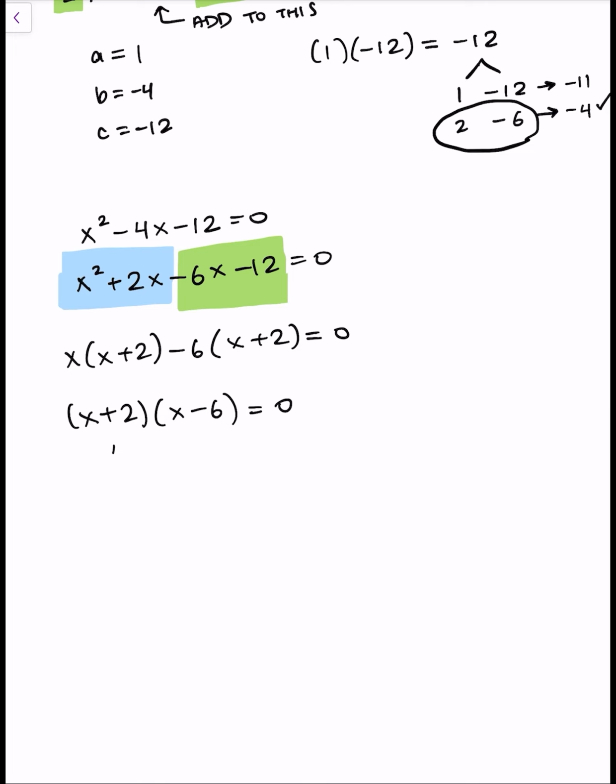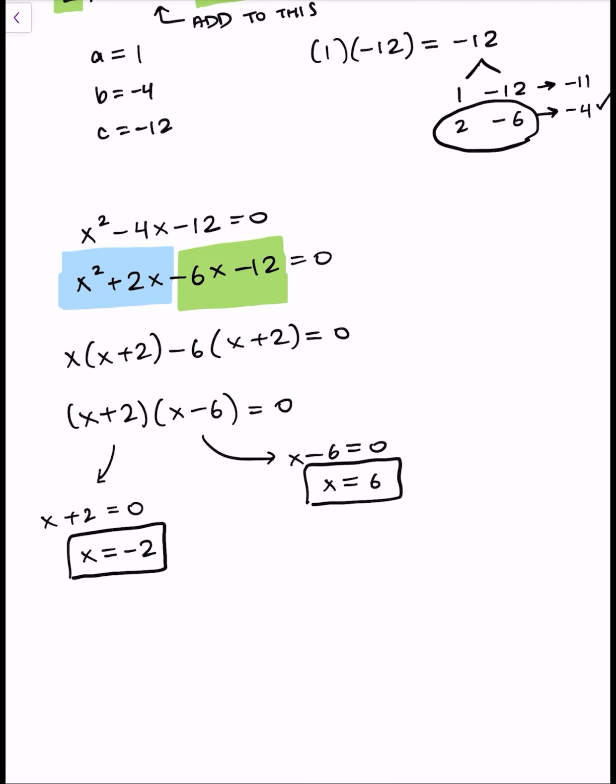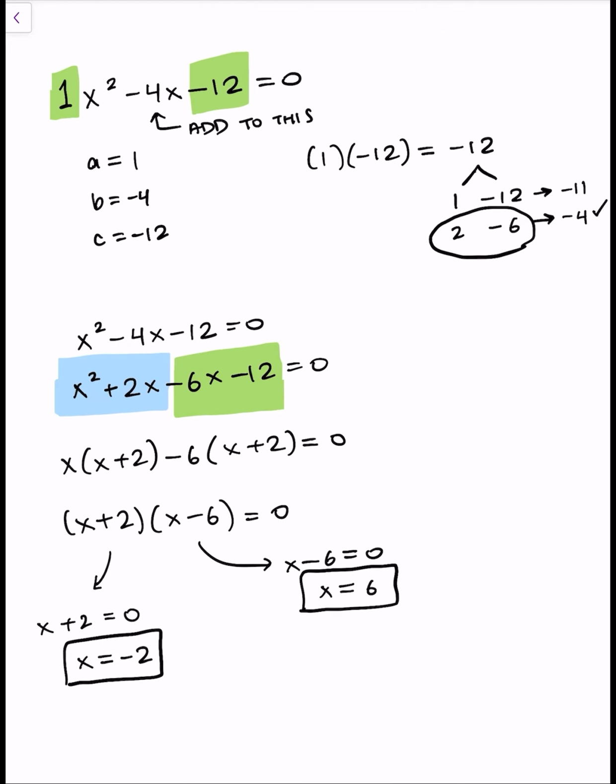And then just like before, we can set this factor equal to 0 as well as this one and solve for x. So this first one is x equals -2. The next one is x equals 6. So those are our solutions. Notice how up here, those are found right here and right here. So I'm going to show you a shortcut for this kind of problem where we have 1 out front. So I'm going to do this problem again,